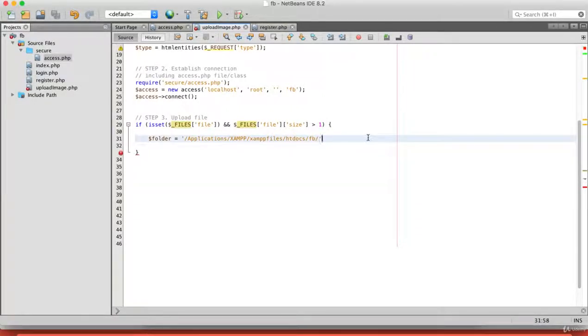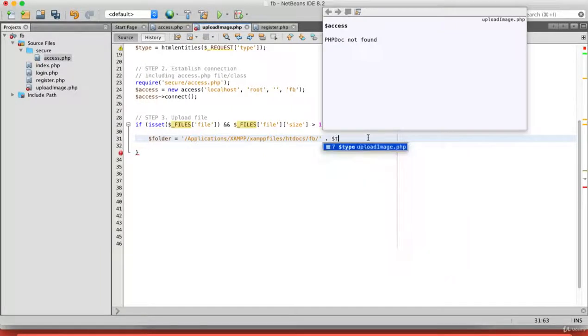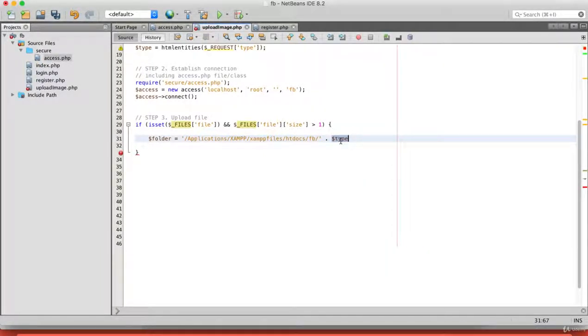So here I will close the quotation marks. I will put a dot and I will concatenate it with the type. So this can be Cover or it can be Ava. Then again, I put a dot in the quotation marks. I close. I make one more right